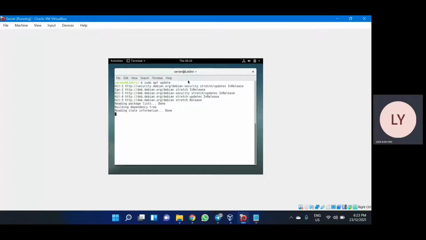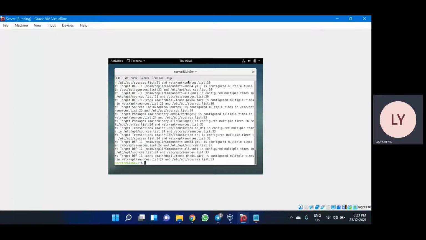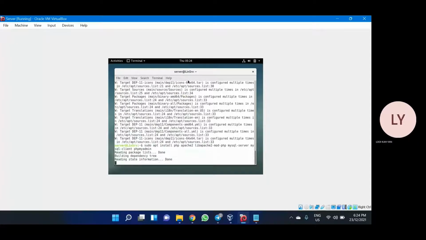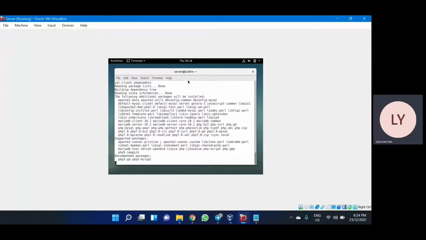And next we need to install some apps to be used. So sudo apt install php, apache2, libapache2-mod-php, mysql-server, mysql-client, phpmyadmin. And yes,